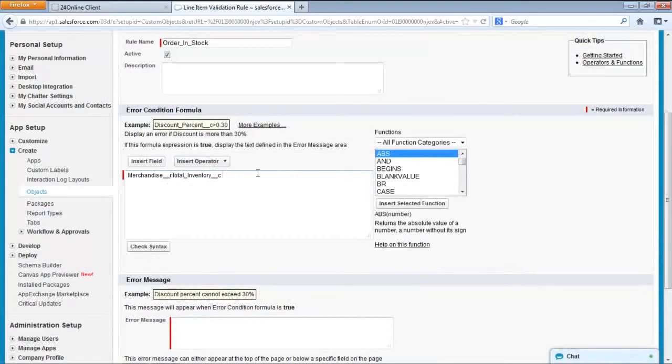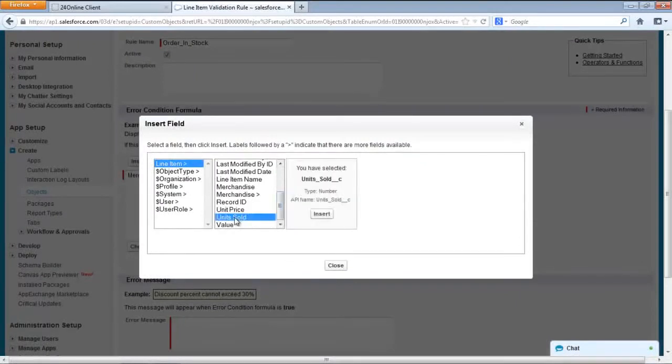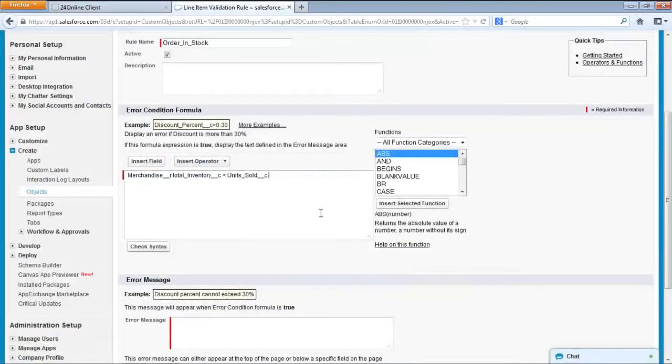So we have this field of merchandise which says total inventory. Now let's use a less than sign, and here we will use number of units sold. So whenever the units sold are greater than the inventory, we can always have this. So we will click on insert field, line item, and we will use the field unit sold. This is the field which we have already created on line item. Click on insert. We'll check syntax,